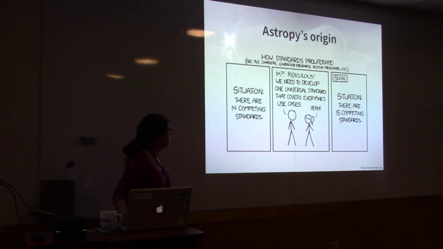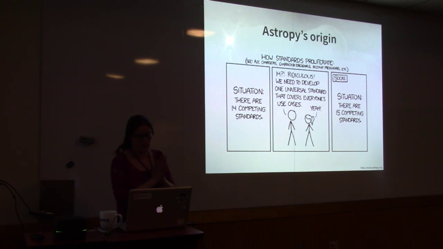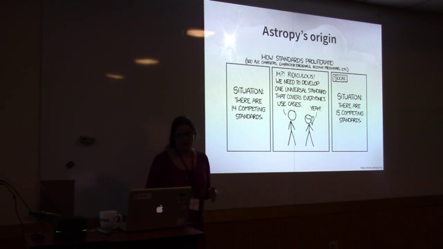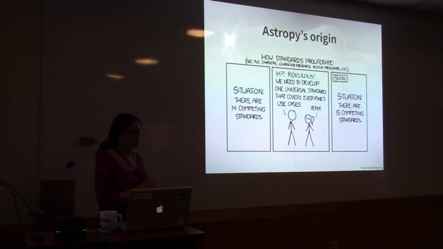So I would like to start with the origin of Astropy, how it all started. It all started when there were several different Python libraries doing the same thing. In this example, it was coordinate transformation, transformations between ICRS and galactic coordinates, and how would we do that, which package to use. Those packages were